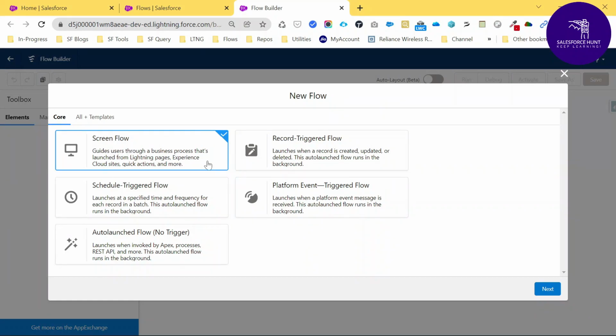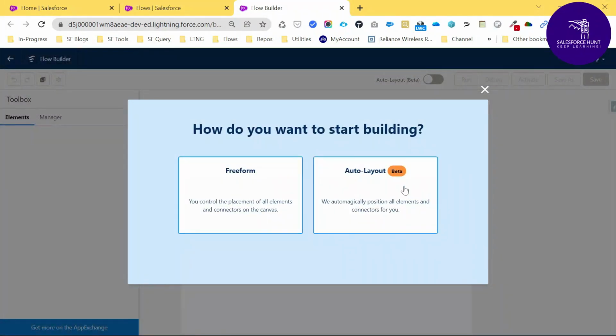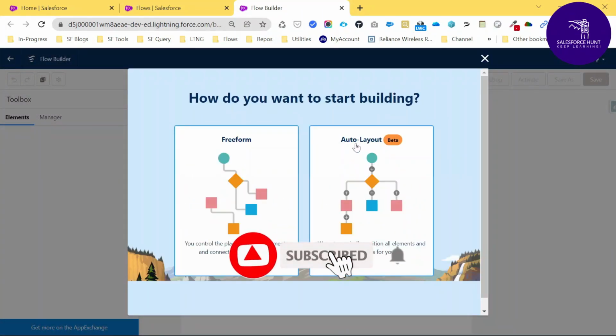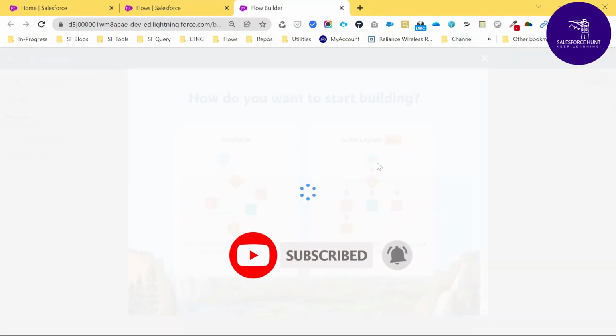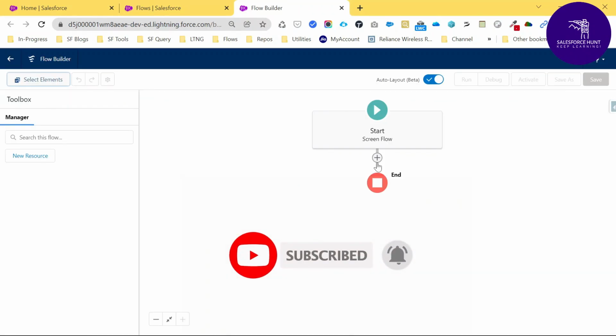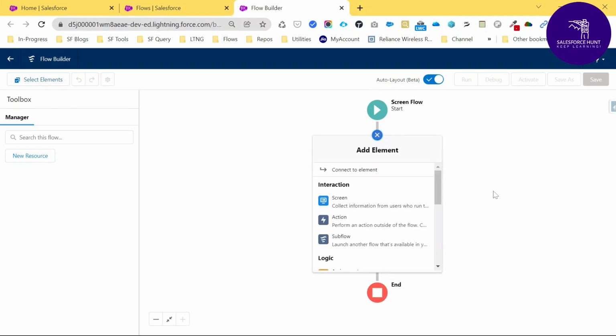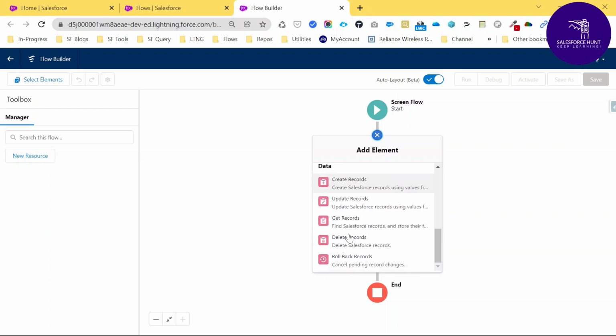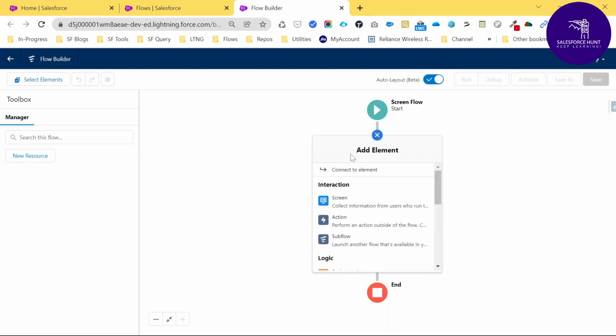Just click ScreenFlow and choose an automation option, like auto layout. You can see the start and end points, and under the start you can see a plus icon. Just click this plus icon and you can see different types of interactions, logic, and data elements, and the screen element.